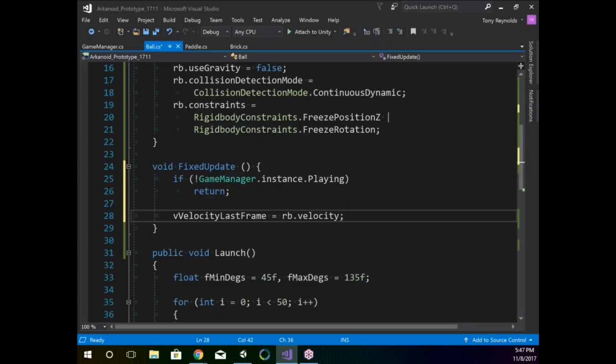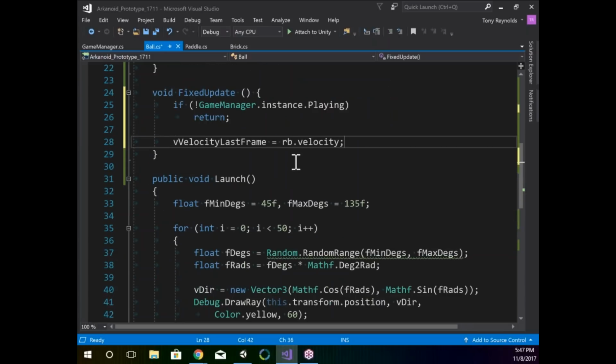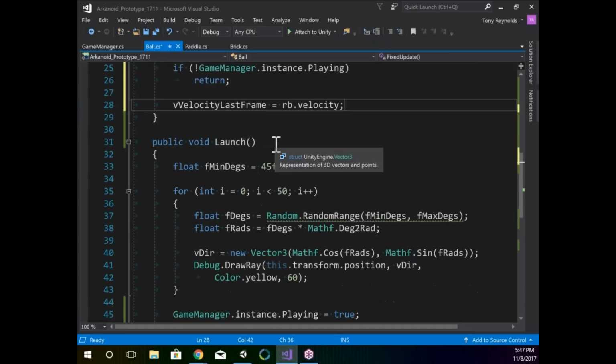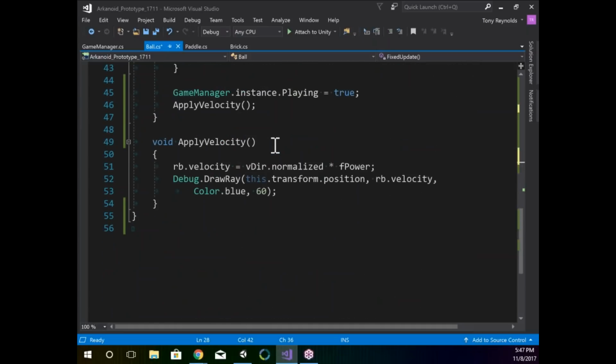Okay, just a simple storage before it gets blasted by slamming into something. Okay, so now that I've got that information, I can actually make use of it. So if I scroll down just past launch, just past apply velocity, I need to actually respond to when the